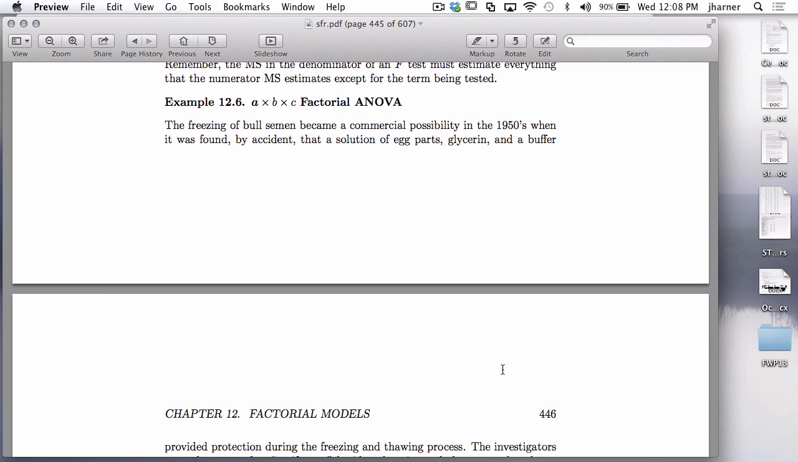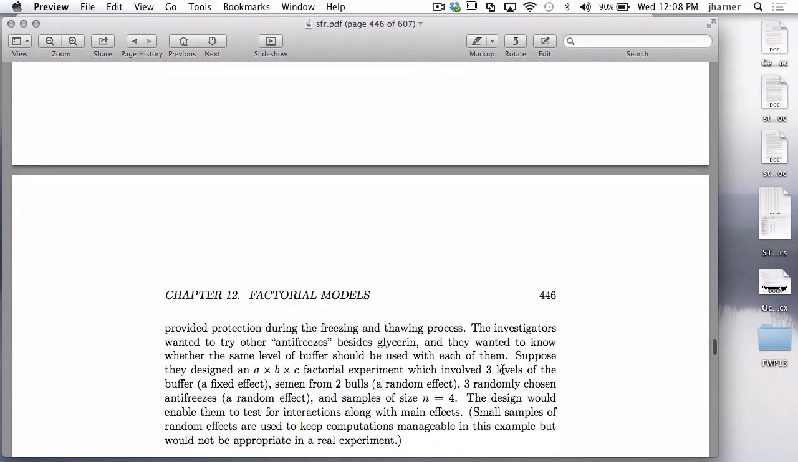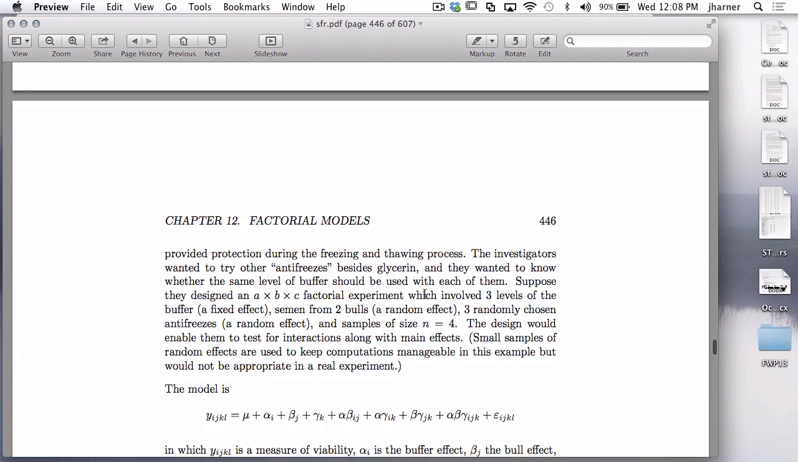And so this has three treatments. You're going to sample different bulls. So bulls is going to be one of the treatments. Now that's obviously going to be random. And then you have antifreezes, and you also have buffers. Now, if you look at this experiment, there are three levels of the buffer, which are fixed effect,